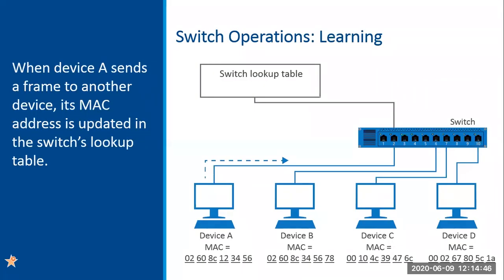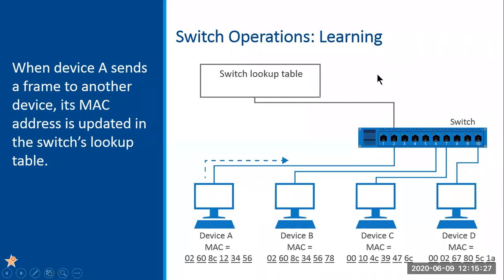So how does the switch perform its functions? Let's take a look. Here we have a switch with 4 ports connected to 4 different PCs. And each device has its own MAC address, if you would, that's unique. The MAC addresses have to be unique worldwide, ideally. At least within a single network, they have to be unique. And each switch maintains what they call a switch lookup table or a MAC address table. This table goes by various names. The switch lookup table, MAC address table, sometimes in the Cisco world, they call it the CAM table.